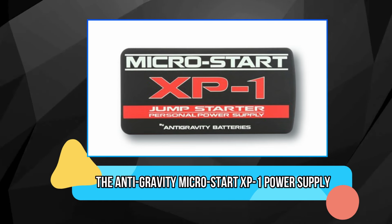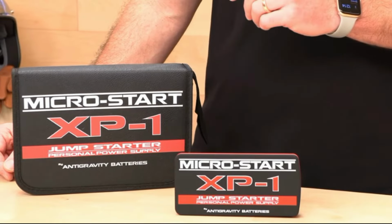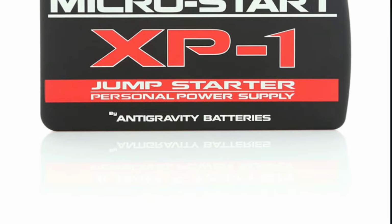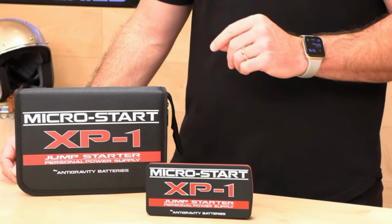The Anti-Gravity Micro Start XP1 Power Supply. This compact powerhouse is your go-to solution for jump-starting a dead motorcycle battery. Featuring a robust 12,000 mAh battery with 400 peak amps, it provides ample power to get you back on the